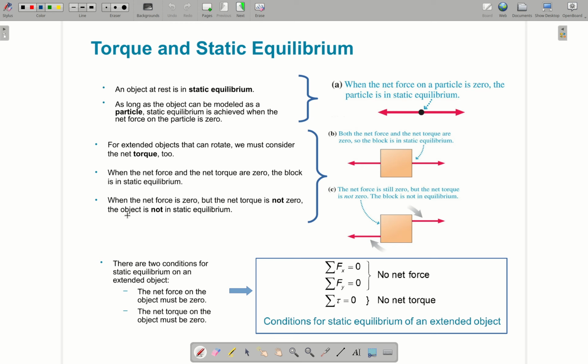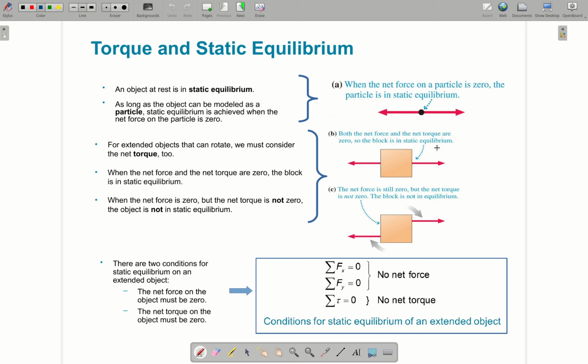Hello my friends, this is about torque and static equilibrium. We already learned about torque, and we already learned about equilibrium before, where we said total force should be zero. Actually, that's when we assume an object is a point particle. If we have an extended object like this square here, for it to be in total equilibrium, it should have